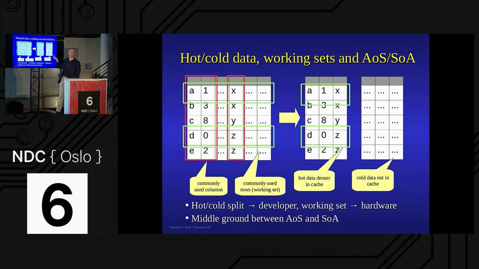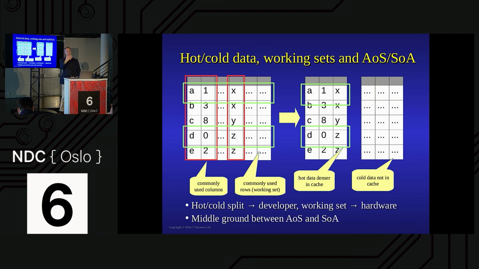Here I have the hot data and the cold data. And now my hot data is much denser in memory. I haven't got my read amplification problems. So the columns bit, that's me. I'm now the developer who gets to do that, because that's my domain knowledge. The rows, on the other hand, are done for you by the hardware, because it says, oh, look, I can do that in a cache line. So it's keeping things in memory that way. So the hottest of the hot is what you're now concentrating on, because your cache is full of the hottest things and nothing else.